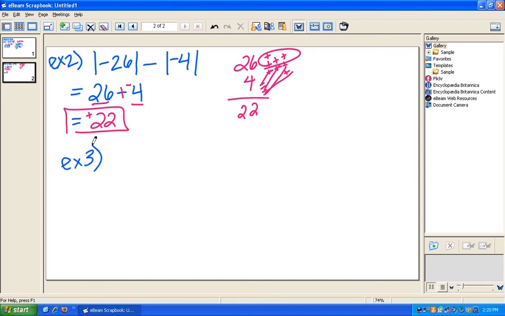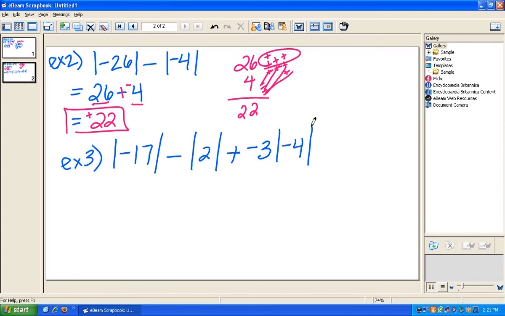3. Example 3 is the absolute value of negative 17 minus the absolute value of 2 plus a negative 3 times the absolute value of negative 4. And we're going to walk ourselves through the steps. And so we're going to say, let's do our grouping symbols first. The absolute value of negative 17 is a positive 17. Keep our subtraction sign. The absolute value of 2 is 2. Keep our addition sign. Then it's a negative 3